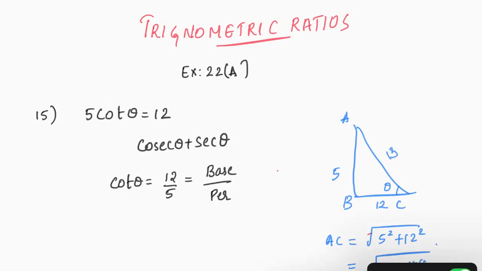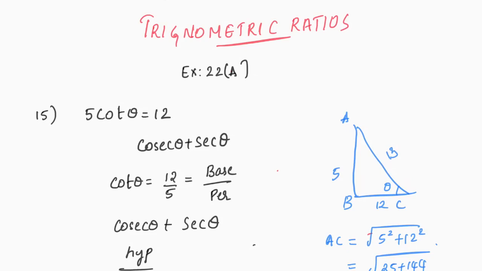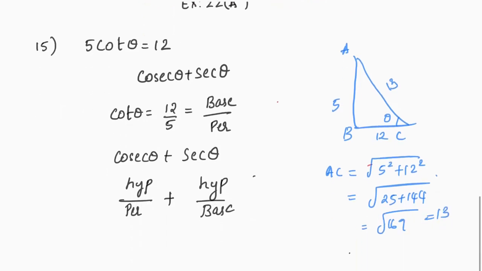Okay. Now what do we need to find out here? You need to find out cosec theta plus secant theta, right? Cosec theta plus secant theta. What is our cosec theta? Cosec theta is hypotenuse by perpendicular and secant theta is hypotenuse by base. Okay. So what is our hypotenuse from the figure? We have 13 as hypotenuse. 13 by perpendicular, we already found perpendicular is 5, plus 13 by